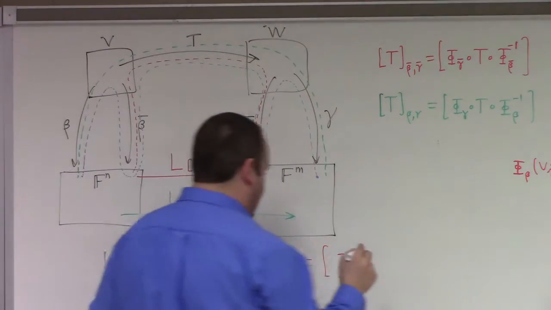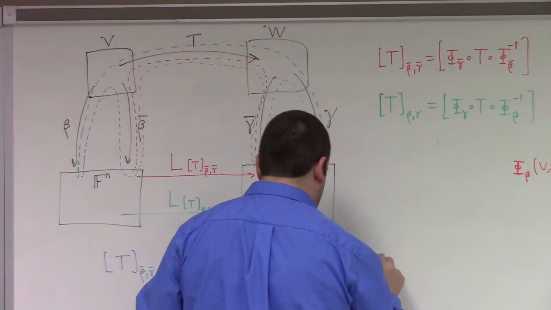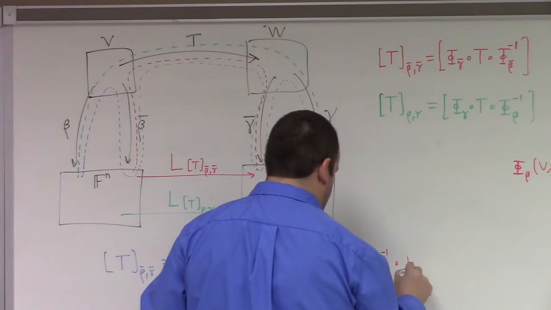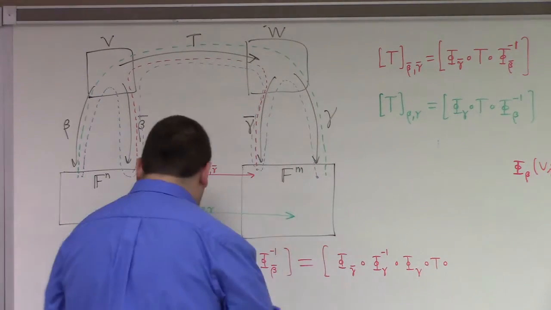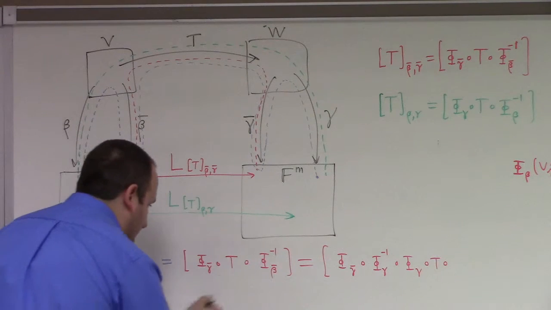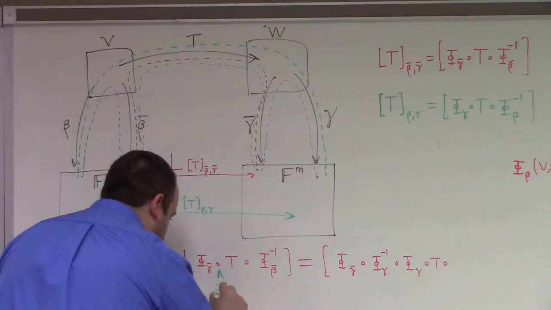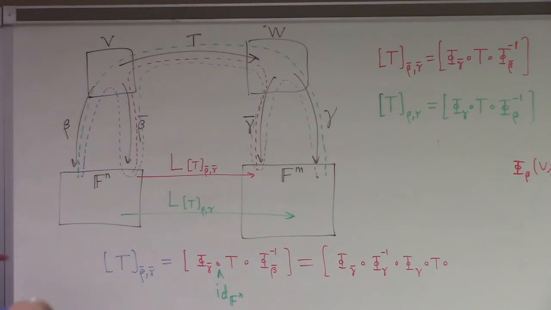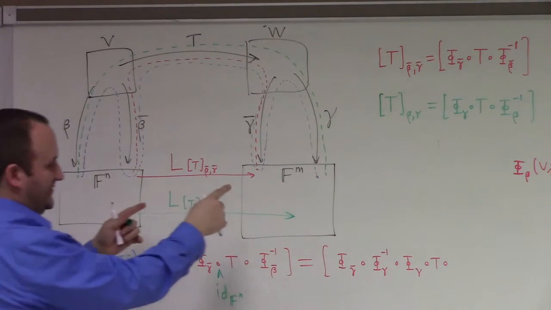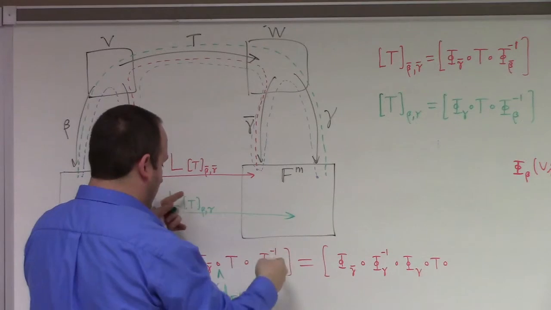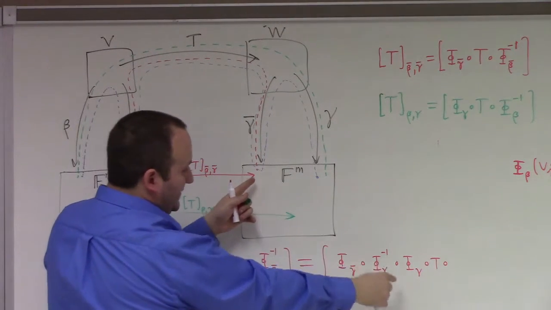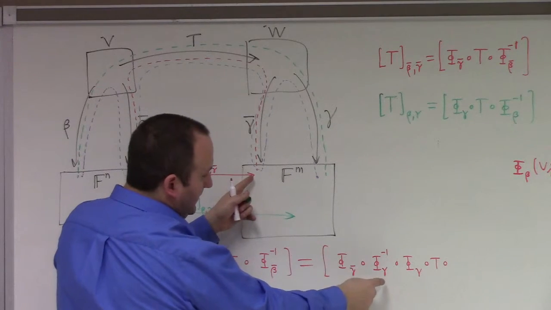I'm just going to write it as phi gamma inverse composed with phi gamma. See what I did? I just stuck an identity here on Fn, where that identity, actually it's over here, that identity, Fm rather, is given from going from,